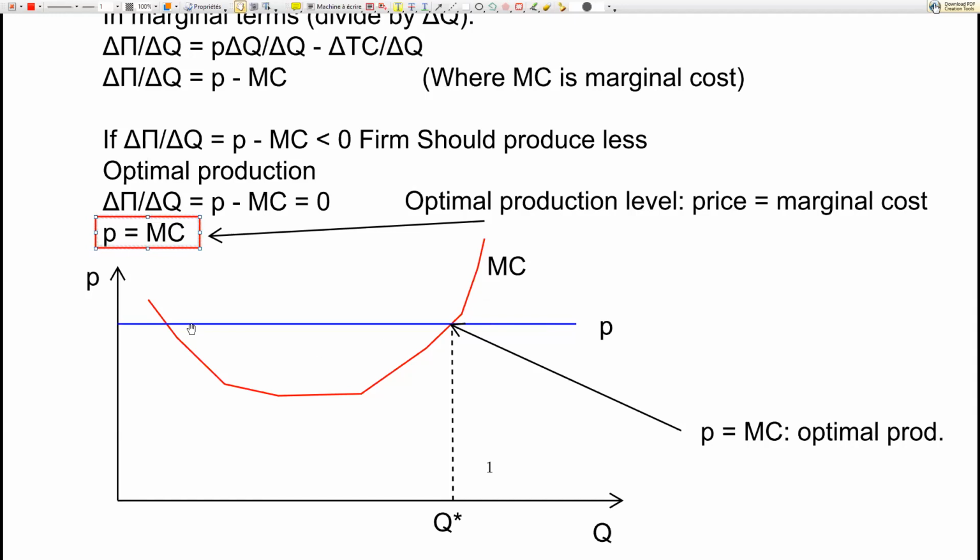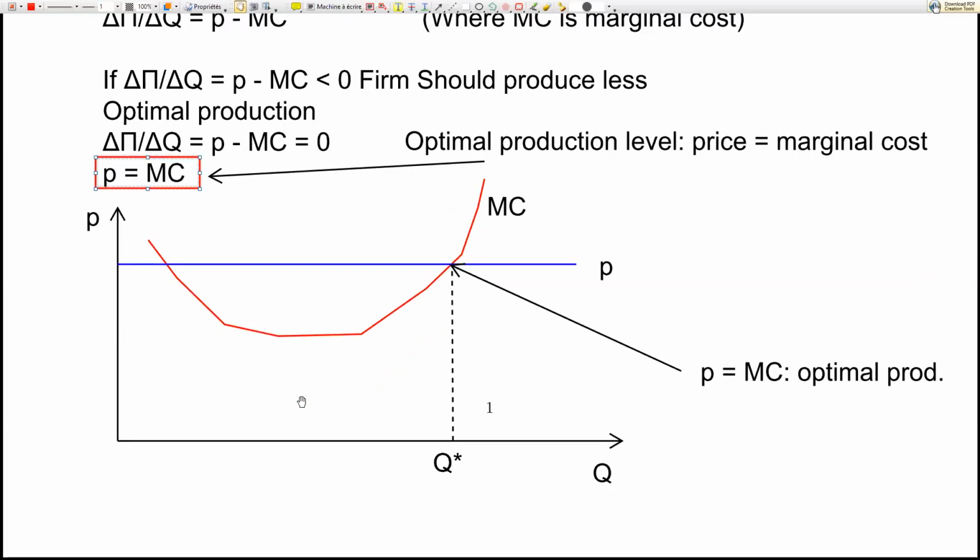So it's here. We had discussed this last time, and we said that here would be the worst decision, because here marginal cost is higher than price, and so I lose money. Then in this territory I start making money, and here I start losing money again. So the best is to stop right here. All right, so this is just a follow-up from last time.